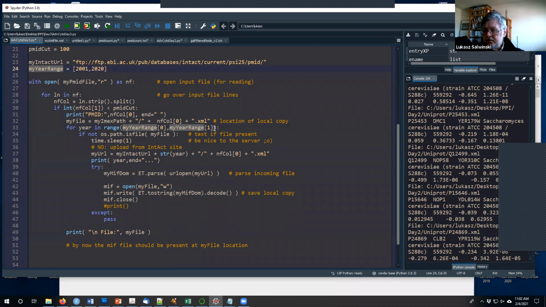So this is actually going to go to 2019, because that's how range works. So this should actually be 2021. Okay, so now the range here will start at 2001 and will go up to, but not equal to, 2021. So it's going to go up to 2020. And then for each value of the year,